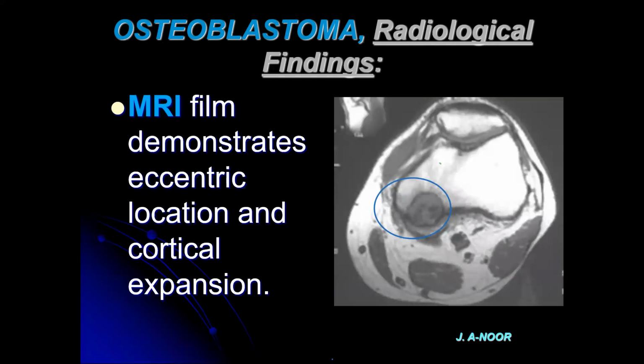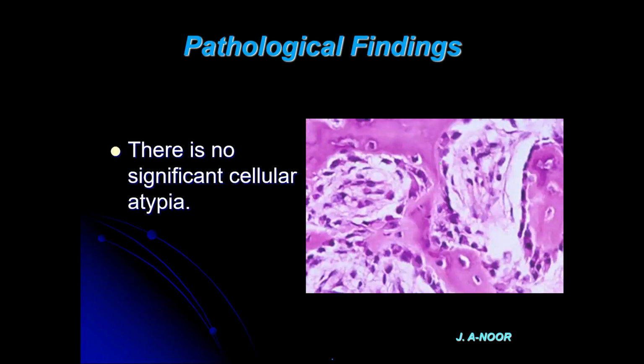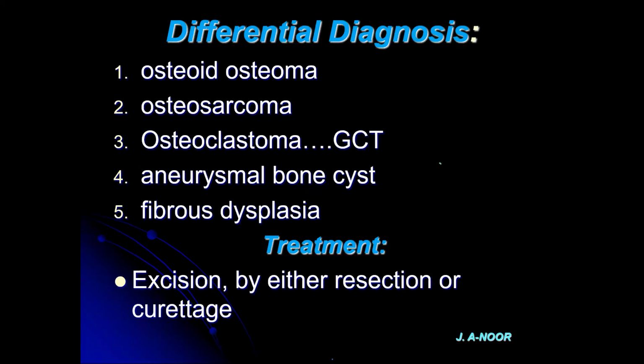The microscopic features resemble those of osteoid osteoma. Osteoblasts and osteoclast-like giant cells rim interconnected spicules of osteoid and woven bone. The intervening fibrous stroma shows prominent vascularity. There is no significant cellular atypia, as I mentioned, in osteoblastoma. The differential diagnosis is osteoid osteoma, osteosarcoma, osteoclastoma, even giant cell tumor, which is the same, aneurysmal bone cyst,